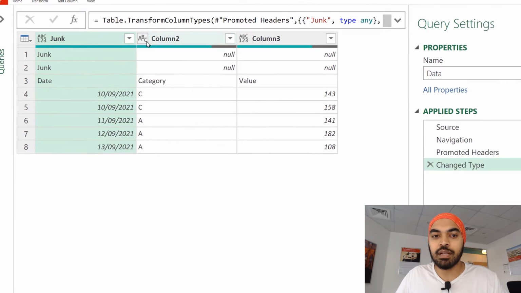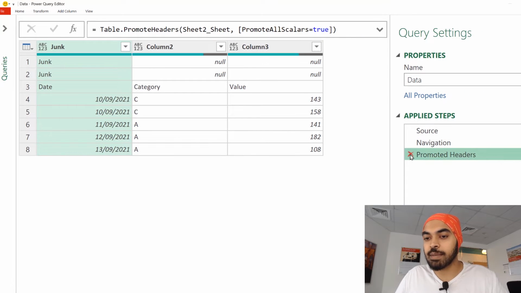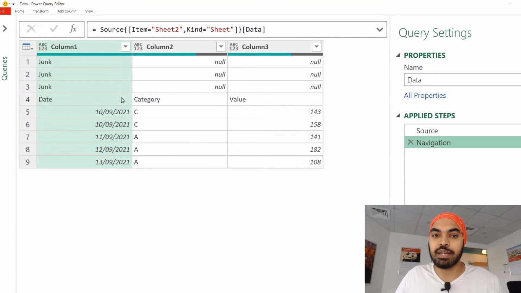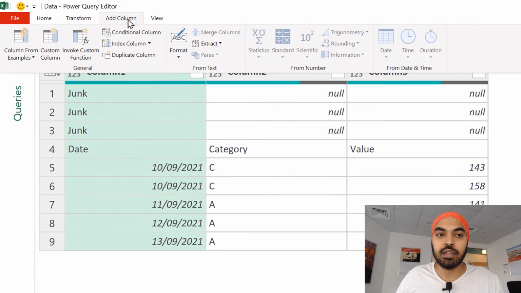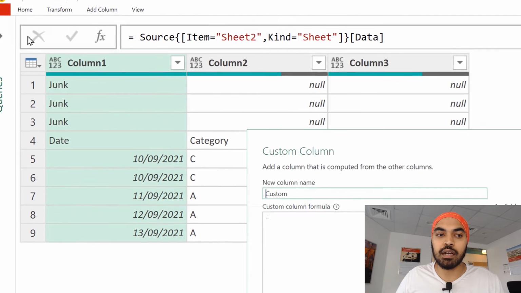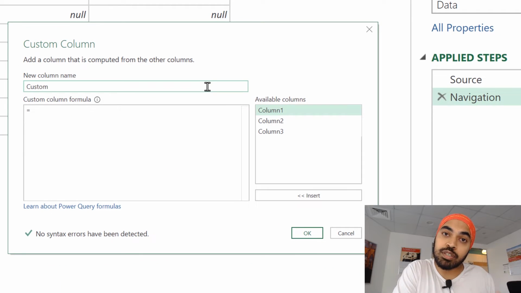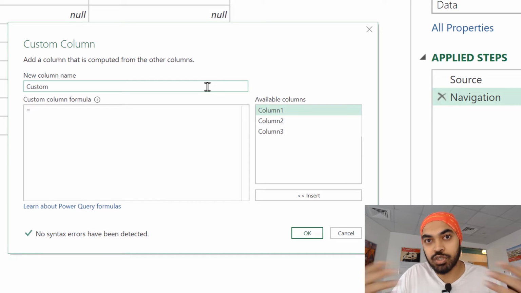Let me click on that table, and the table actually gets loaded. A few extra steps that I'm going to delete, and I'm going to get back to my entire table. Now, in this particular table, let me just write a very simple function right here. Go to the Add Columns tab and create a custom column. The part that I'm starting up with now is to extract the entire row, which is nothing but the record.